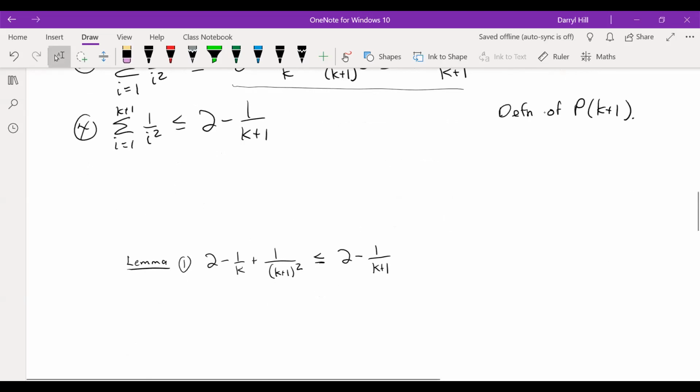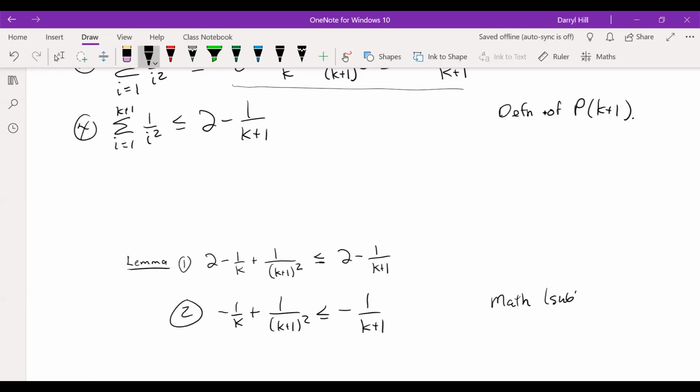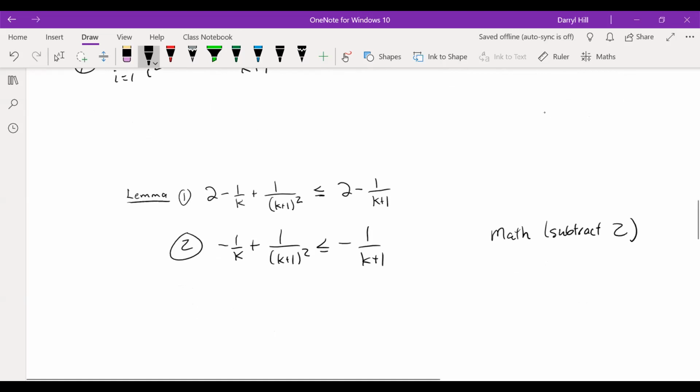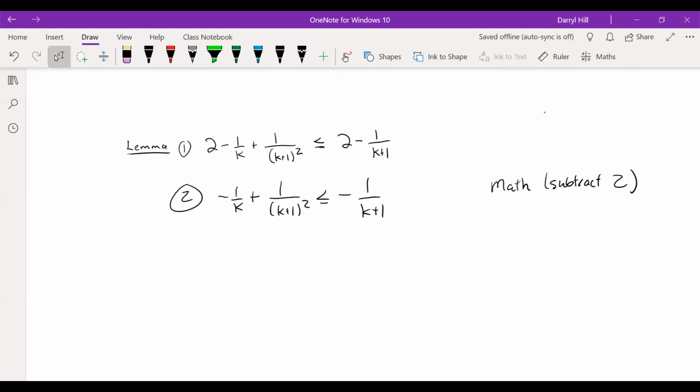All right, and so here is our lemma, lemma 1. 2 minus 1 over k plus 1 over k plus 1 squared is less than or equal to 2 minus 1 over k plus 1. So we're going to say minus 1 over k is less than or equal to minus 1 over k plus 1. So that's math. We subtract 2 from both sides. And now we're going to actually do math again. We're going to add 1 over k plus 1 over k plus 1